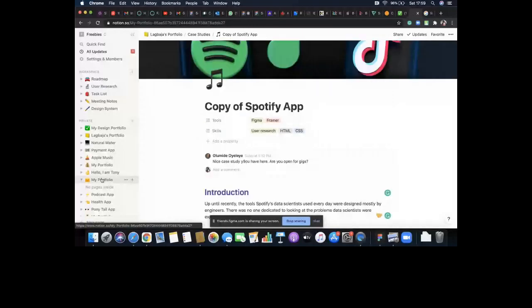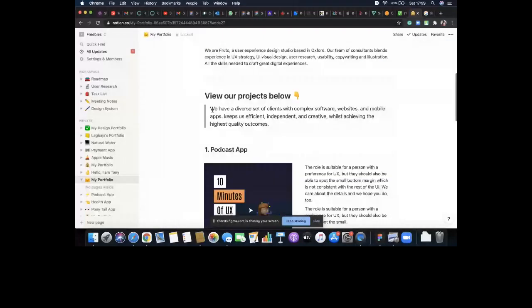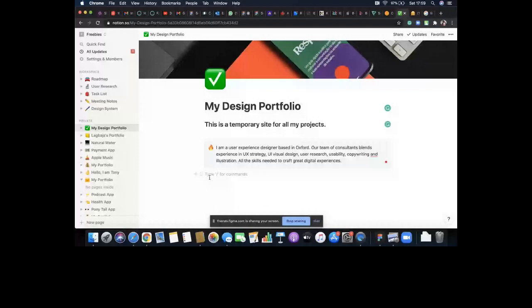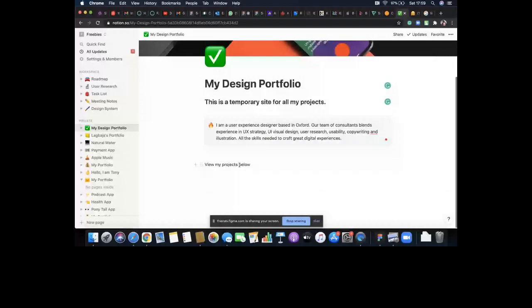Yeah. So view our projects below, or rather view my project below. I'm going to come in with a divider at this point. So slash and divider is here. Next thing I'm saying is drop it down a little bit and say view my project below. If the person is going to watch me again, you see that I'm doing the same thing. I'm highlighting this.